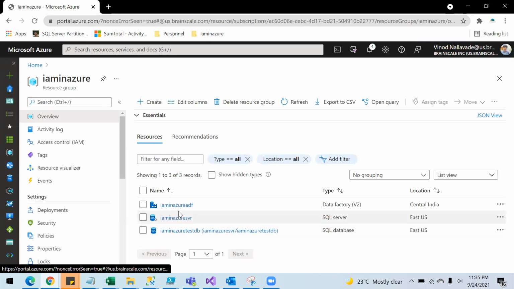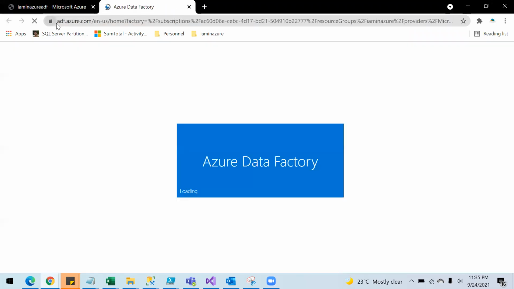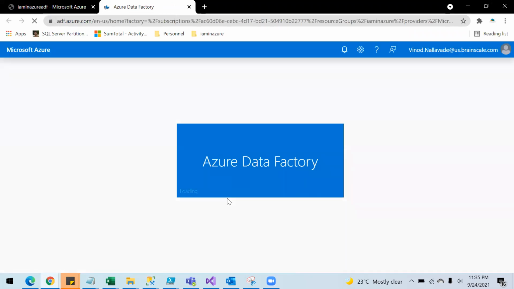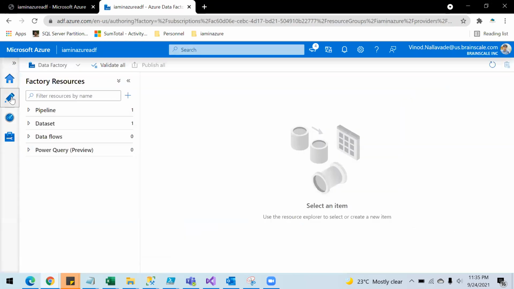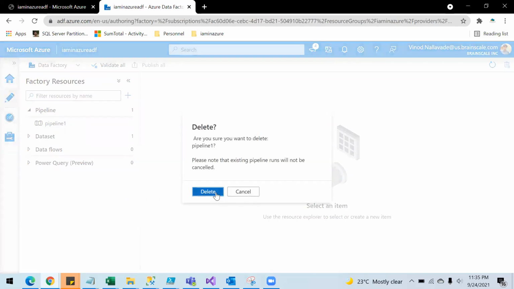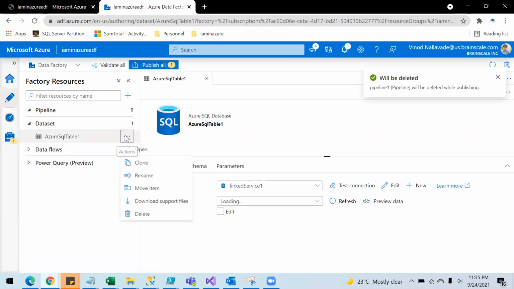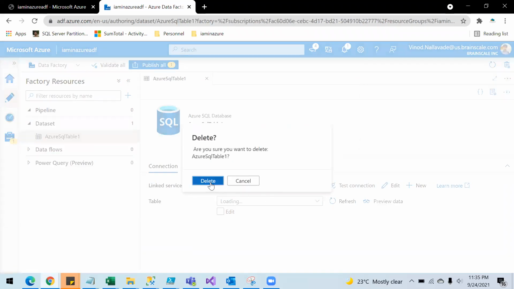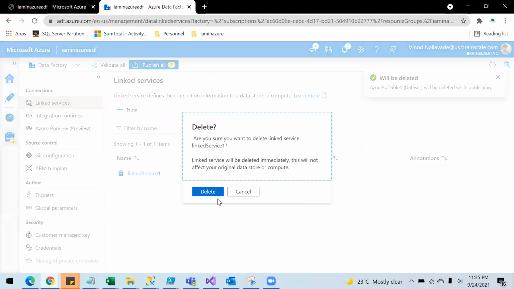So let's go to the factory. Open Data Factory Studio. Inside this, okay, I have some pipelines already created. Let me delete them and create them from scratch. I believe I have a linked service as well, so let me delete that as well.